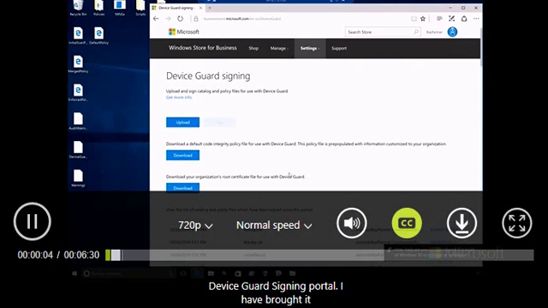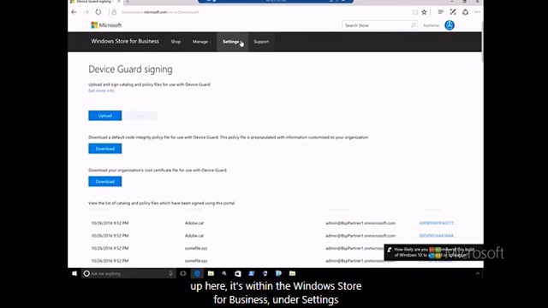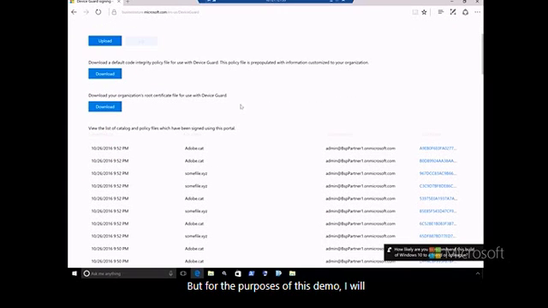Device Guard signing portal. I've brought it up here. It's within the Windows Store for Business under Settings, Device Guard Signing. On this page, you'll notice that you can upload and sign catalog and policy files for use with Device Guard. But for the purposes of this demo, I will click on this download button to download the default code integrity